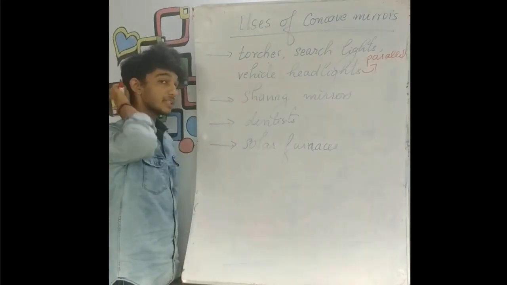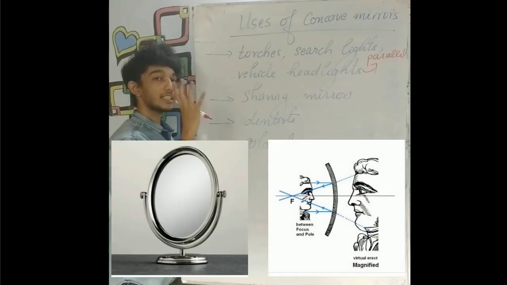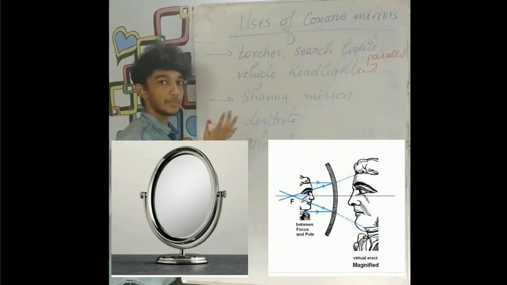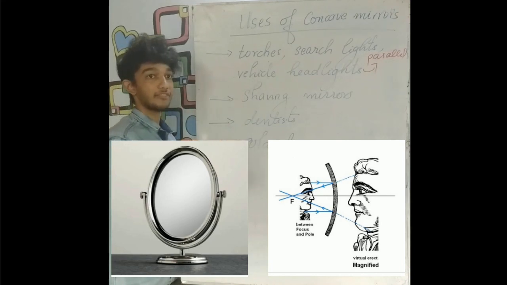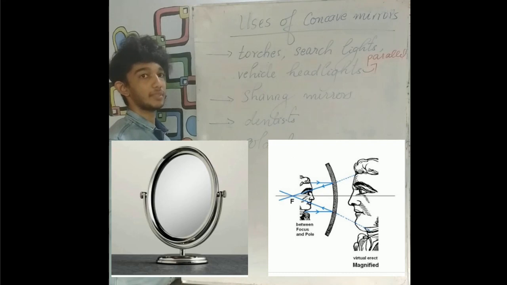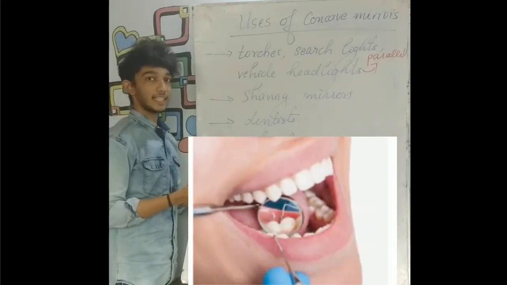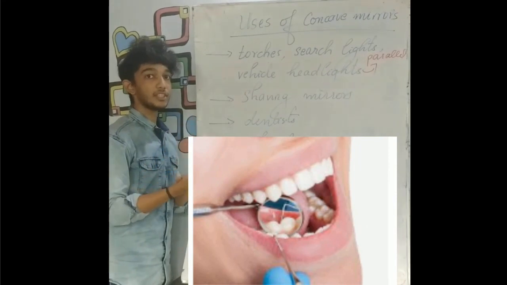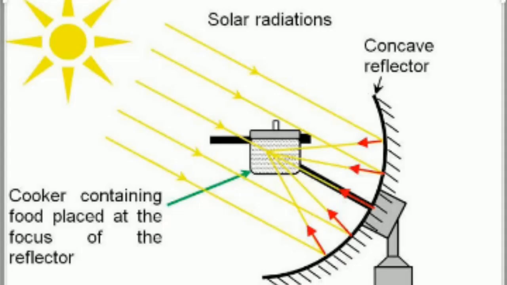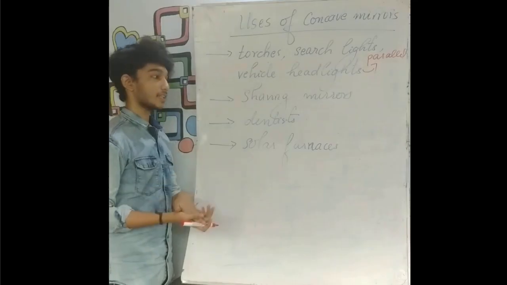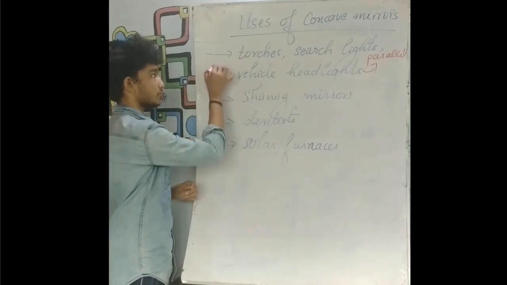And then a concave mirror is used as a shaving mirror. It is because a shaving mirror has the ability to form a magnified image of our face. When the shaving mirror is brought close to our face, the face will be positioned between P and F. That means a virtual but erect image can be obtained. It is also used by dentists to see a large image of the teeth. Also, concave mirrors are used in solar furnaces in order to concentrate sunlight at a particular point, which burns. So these are the uses of concave mirrors, important from the examination point of view.